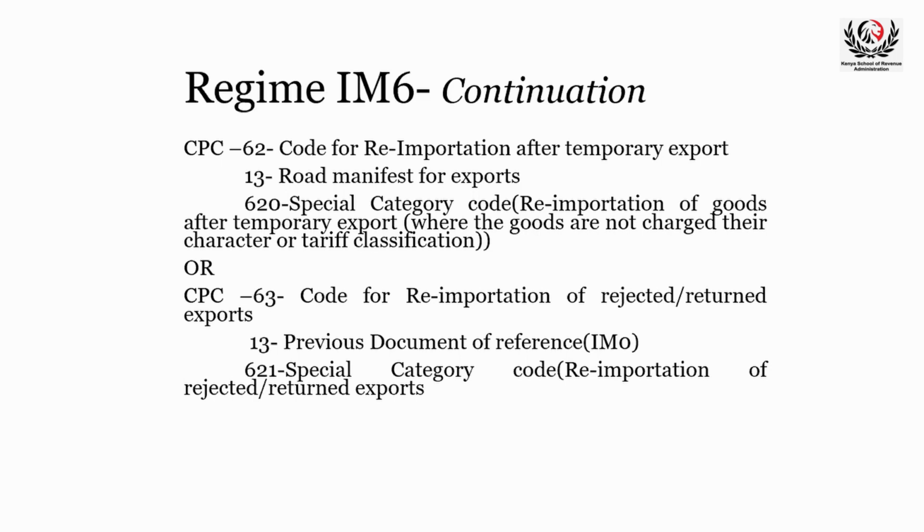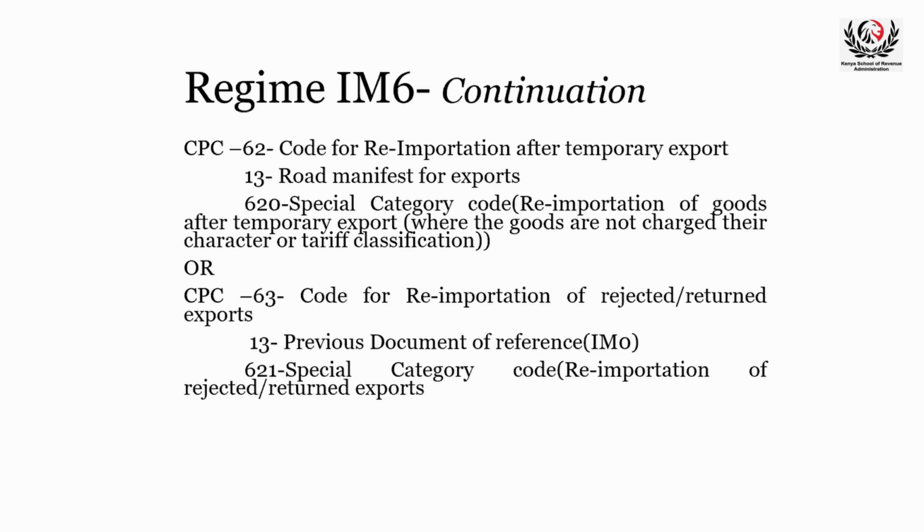It's not for repair, they are not changing anything, and the character and tariff classification remain the same. For example, if you have exported goods for an exhibition and then they are coming back, in this case, the CPC code to use is 6213 620. And the last categorization is where we have those goods that had been exported and they were rejected